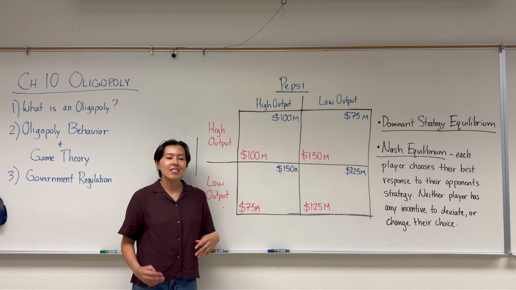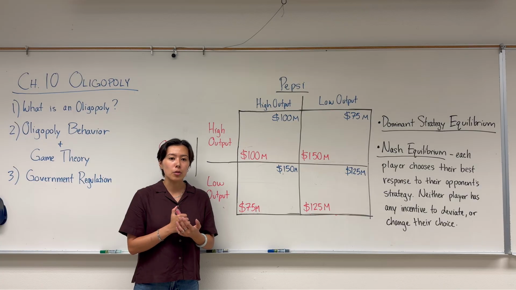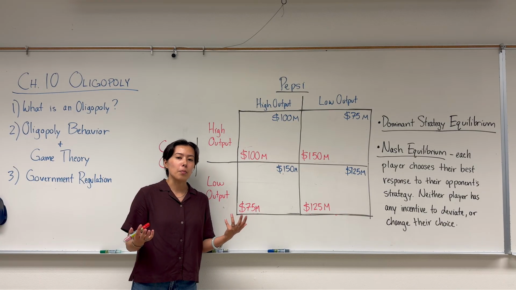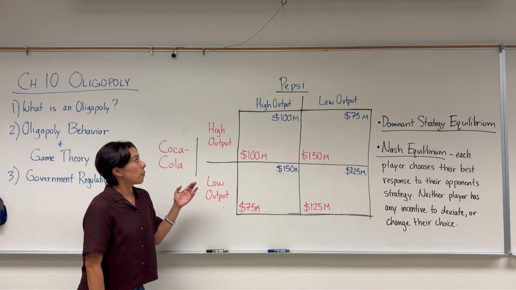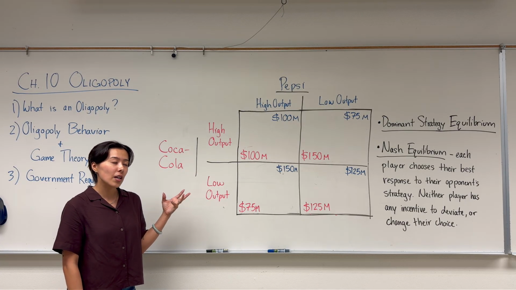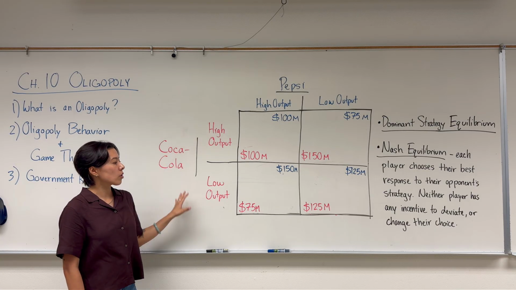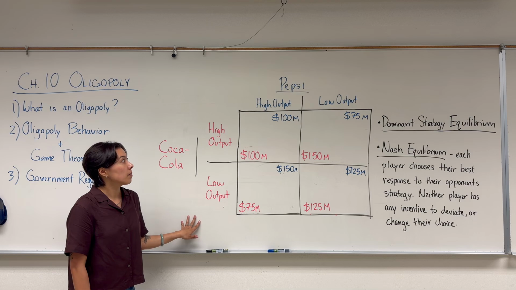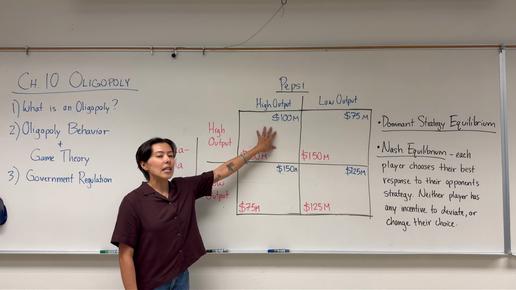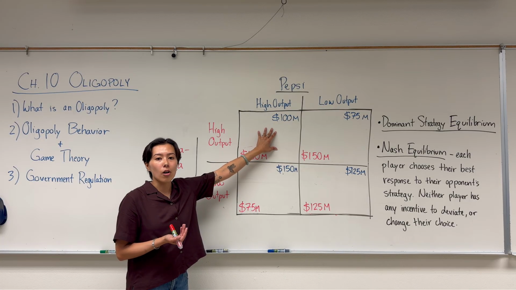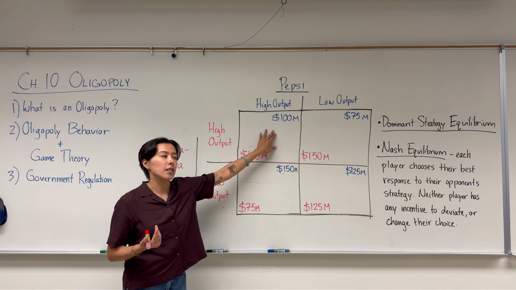Let's say we're looking at this kind of classic decision for a firm. They want to decide how much output to produce, which will implicitly set the price and determine how much profit these firms make. So both players have two strategies available to them. They can either choose to produce a high level of output or to produce a lower level of output. If Coke and Pepsi both produce this high level of output, they each earn $100 million in profits. So our payoffs here are measured as profit.